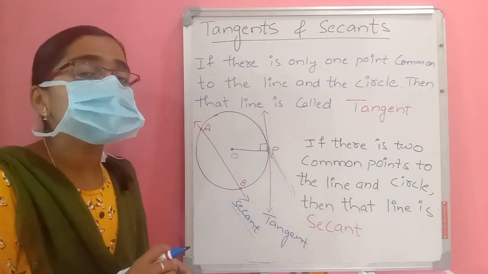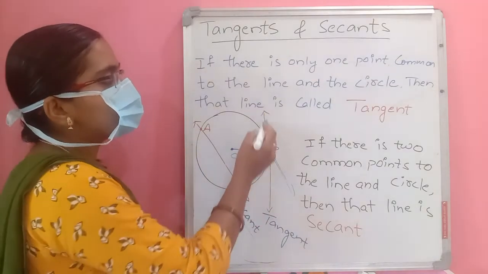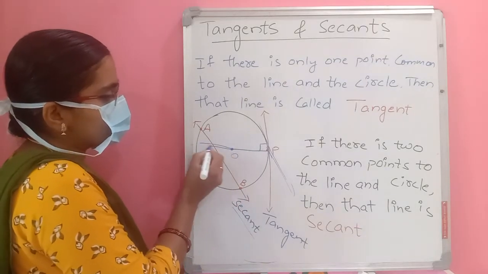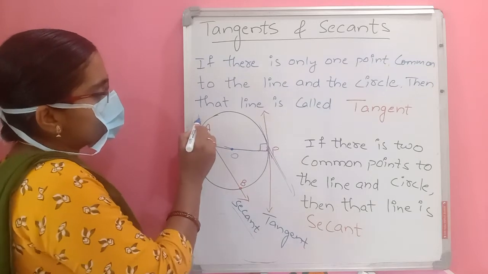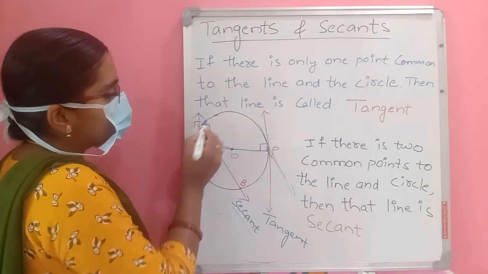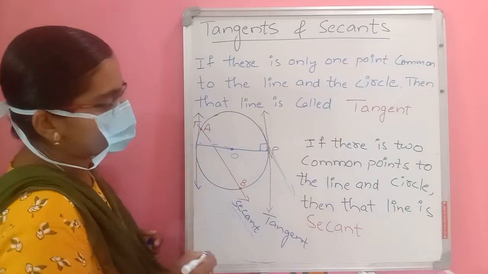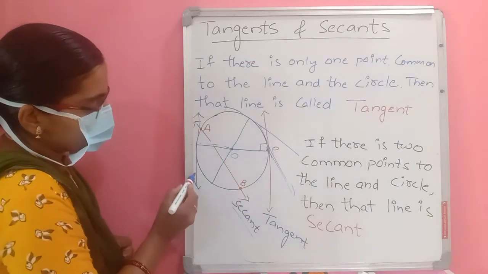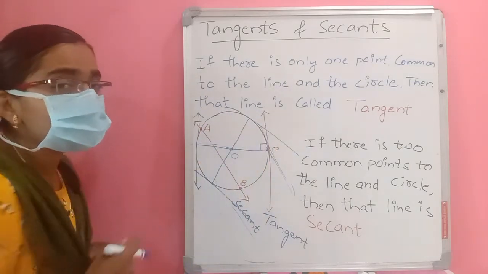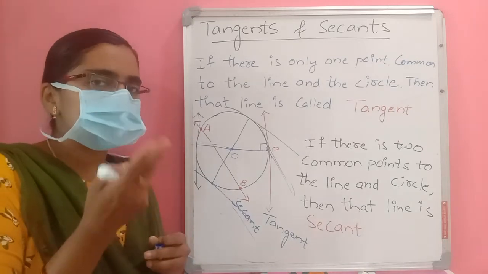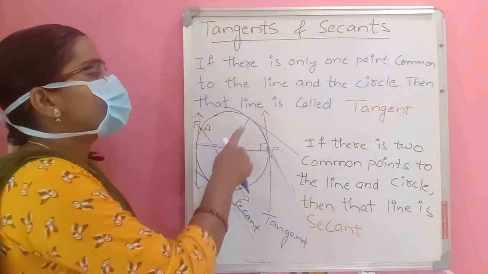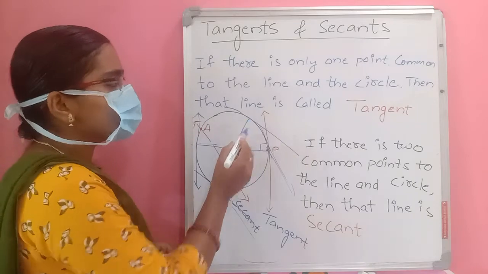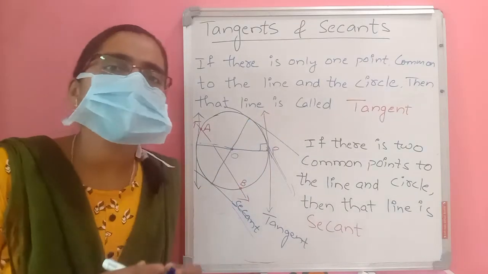And how many parallel tangents can form on a circle? If you take this as a diameter, then at the ends of the diameter, if we take tangents, these two tangents are parallel. If you take a diameter like this, this is a tangent and this is a tangent. These two tangents are parallel. This is also a very important question. In a circle, we can draw two parallel tangents at the ends of the diameter.